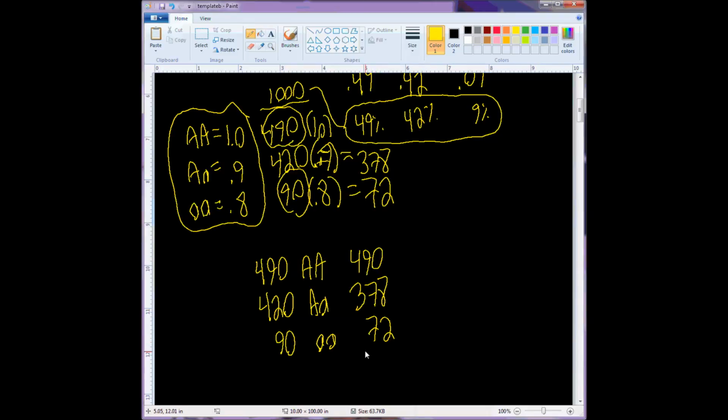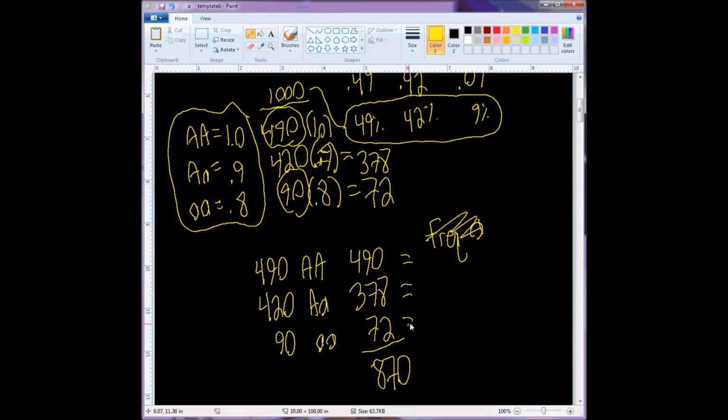So we would add these up. Quickly, I could probably do this by hand, but I'll use my calculator. Okay, so we have 870 alleles total being transmitted to the next generation from these progeny because of the fitness effects. So if we want to know the frequency of, let's say, little a in the next generation, we just add